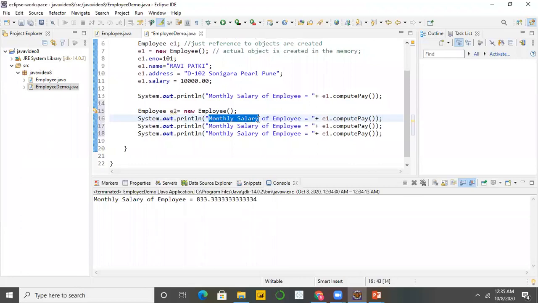Suppose I'm changing the thing. Employee name is, and I'm concatenating it with E1 dot name.